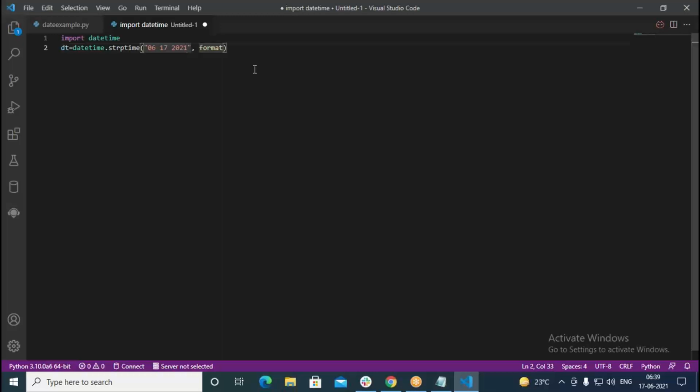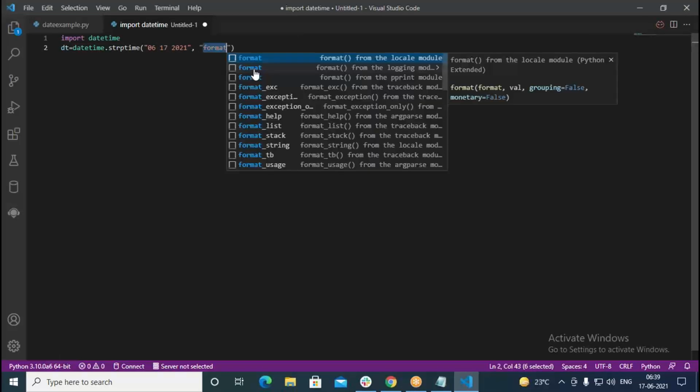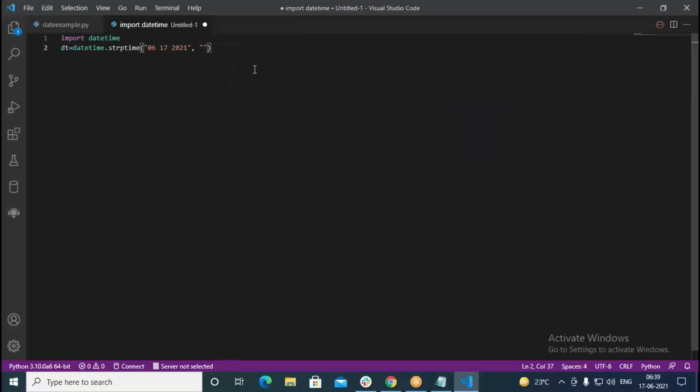Now I would like to use the format for this. The format I use here is month, day and year. Okay, I specify this kind of format. This can be %m, then %d and %y I can use.